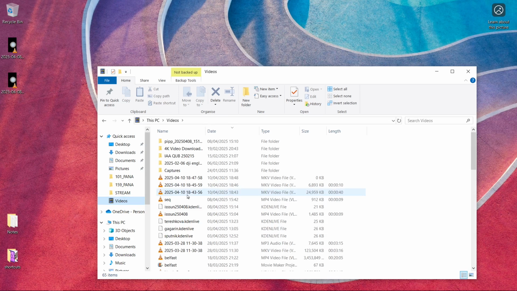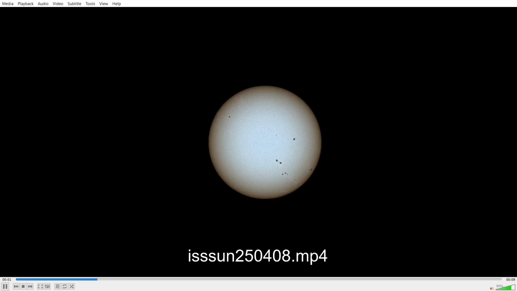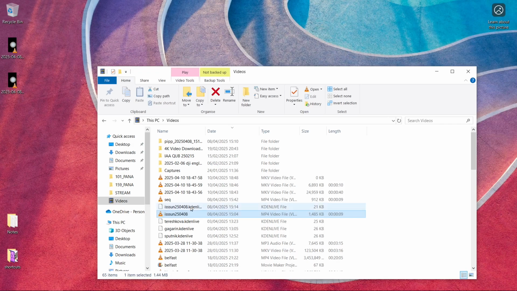It's in there in videos, and I called it ISS Sun 250408. There we go. So we'll play that. There it is, and you can see the space station going across at 10% speed. I slowed that down just so that it's visible. It does mean that I've now got 10 times more data than I really need, but that doesn't really matter. It's all quite manageable. So the first thing I'm going to do is split all those frames up into one